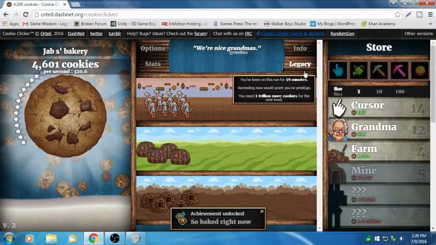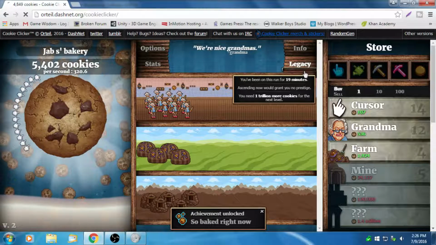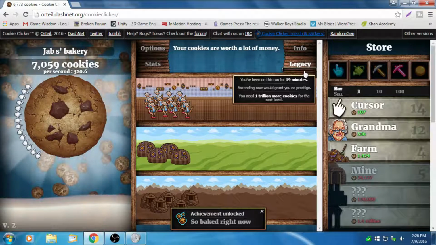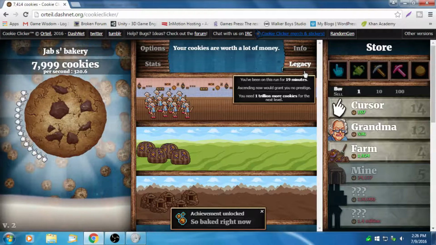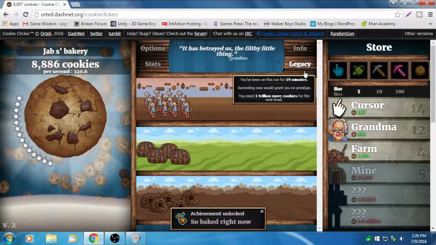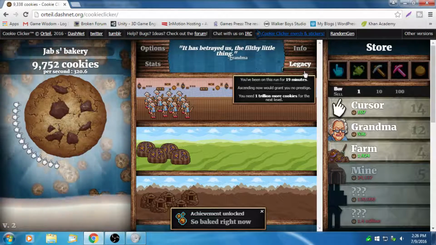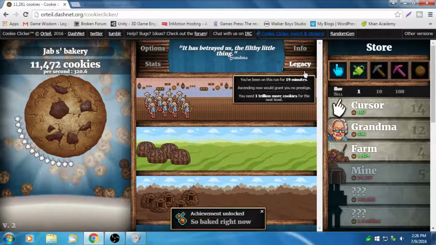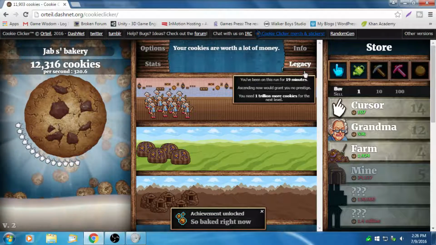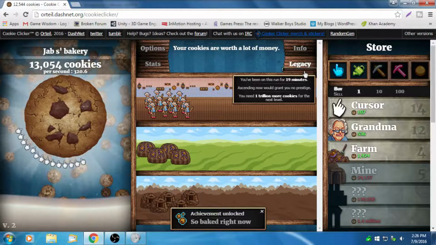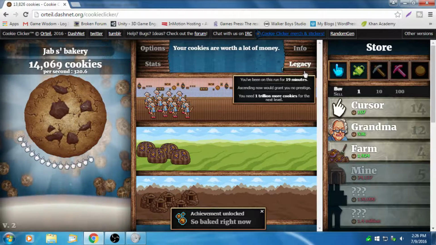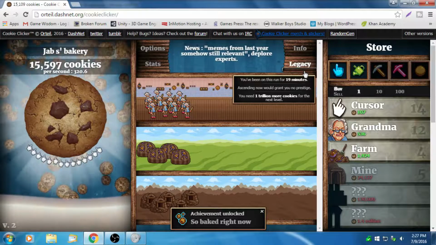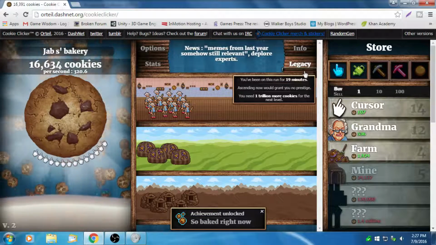So until we get to 1,000,000,000,000 cookies, we won't be able to ascend and get the heavenly chip. And that's basically where you start with prestige. Once you get that first one, you then want to use that, restart, and again, it's going to be quicker the second time. And then you're going to go a little bit further, get another chip or two. Then you're going to ascend again, restart, and it's going to go quicker and quicker. But at the same time, you're still spending about the same length or maybe even more on each run because you're now getting farther.